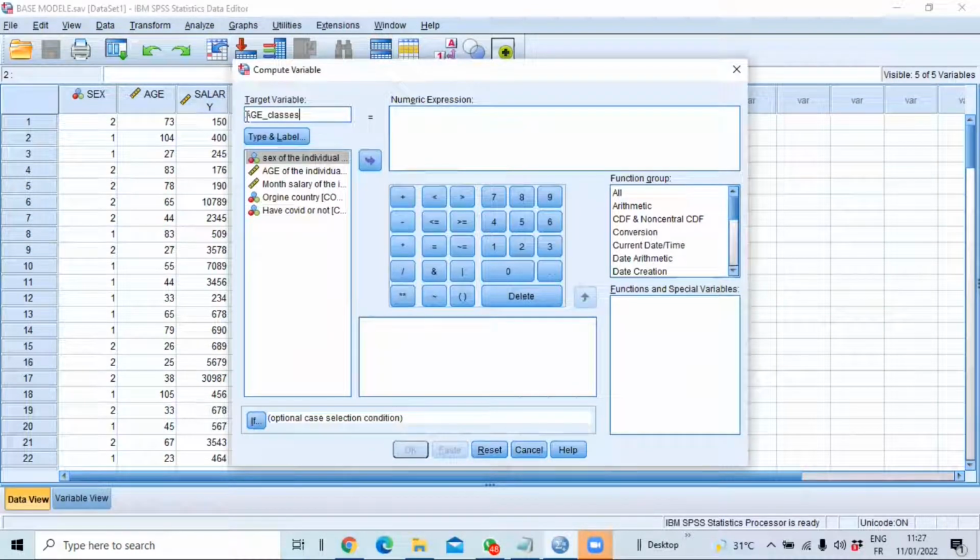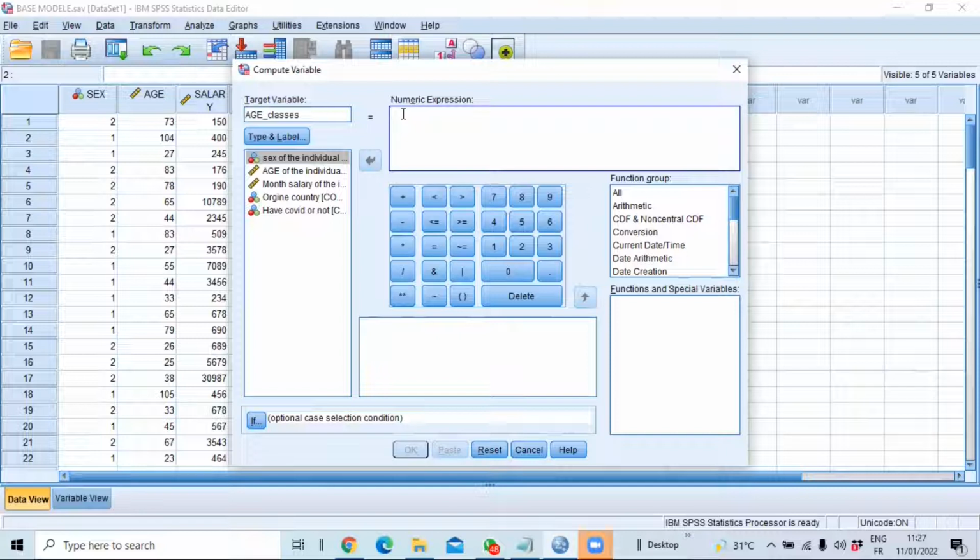So we'll create not only two classes, as we said, we'll create three classes. Those who are less than 40 years. The second class will be for persons that are aged between 40 to 60, and the last class will be for those who are aged more than